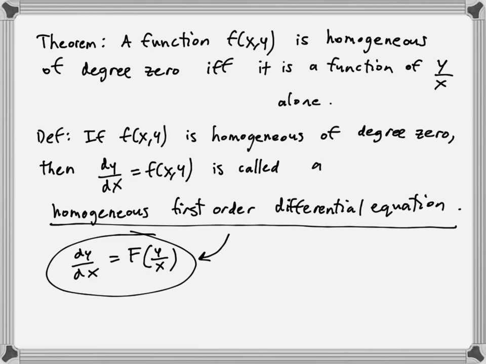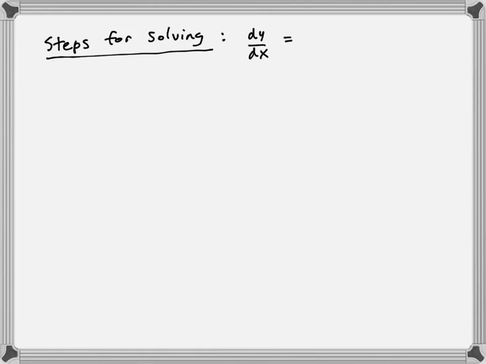Okay, this section is called change of variables because we are learning two different differential equations in this section that can be solved by doing a simple substitution. So let's go ahead and write down the steps. So steps for solving. So remember, we have the following. Let me just write this down. We have dy dx is equal to f of y over x, right? Okay, so step 1,